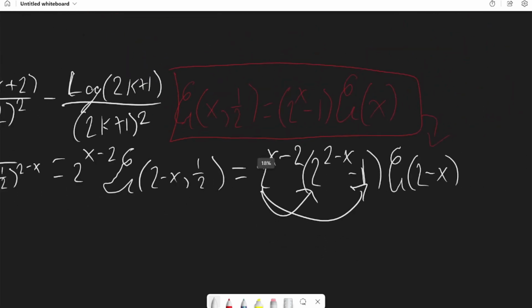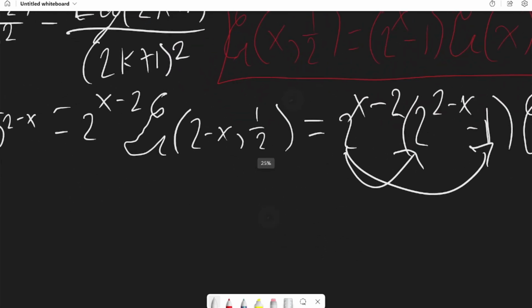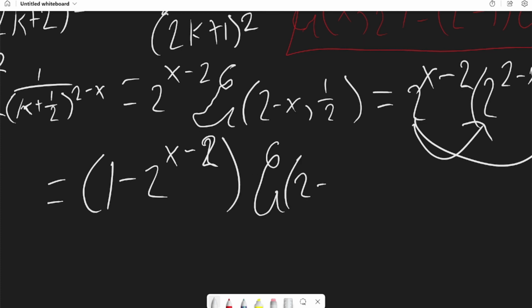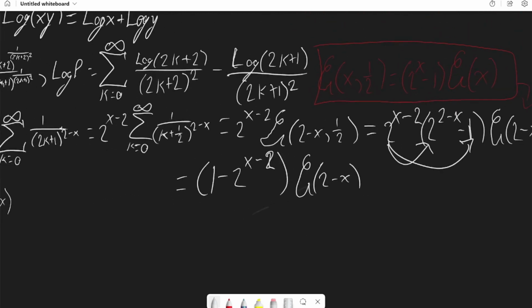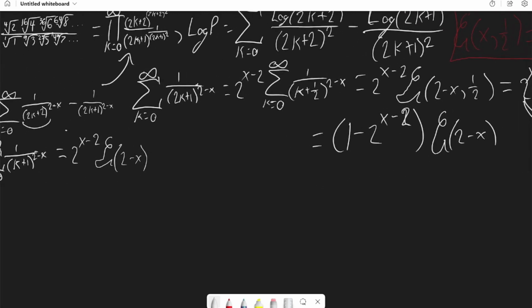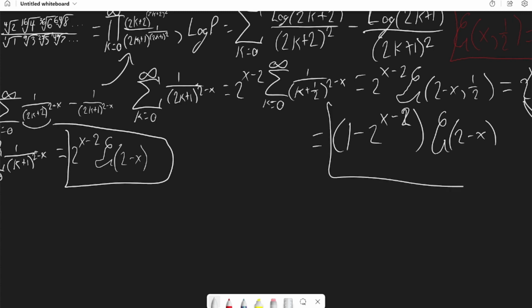And we get, it's going to be equal to 1 minus 2 to the x minus 2 times Riemann zeta of 2 minus x. Okay, there. Now that that's done, we have both of these sums evaluated. The first one equals this, and the second one equals this. So all we have to do is subtract one from the other, and we get